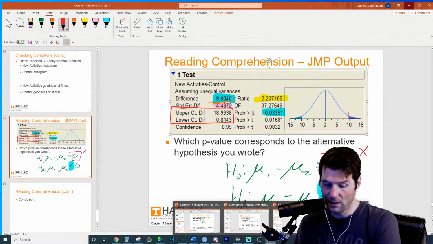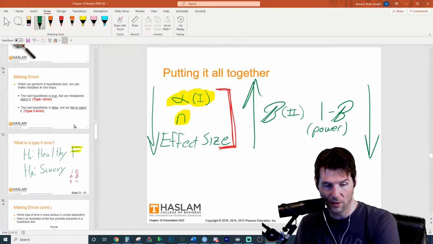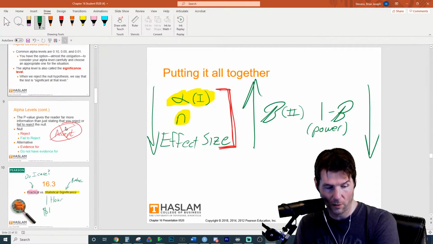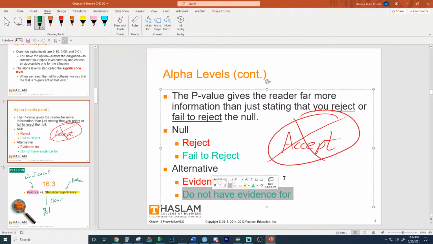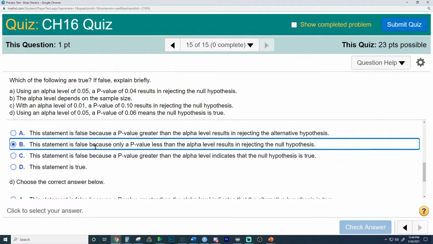I think I might have mentioned this today. Where did I put it in the notes as we were talking through it? That you only reject the null or fail to reject the null. You only make two statements. The only statements you make are you reject the null or you fail to reject the null. Those are the only two things you say. You have evidence for the alternative or you do not have evidence for the alternative. That's related to reject the null, evidence for the alternative, fail to reject the null, do not have evidence for the alternative. So we don't say things like I reject the alternative, or accept, which is a bad word. So the statement is false because only a p-value less than alpha results in rejecting the